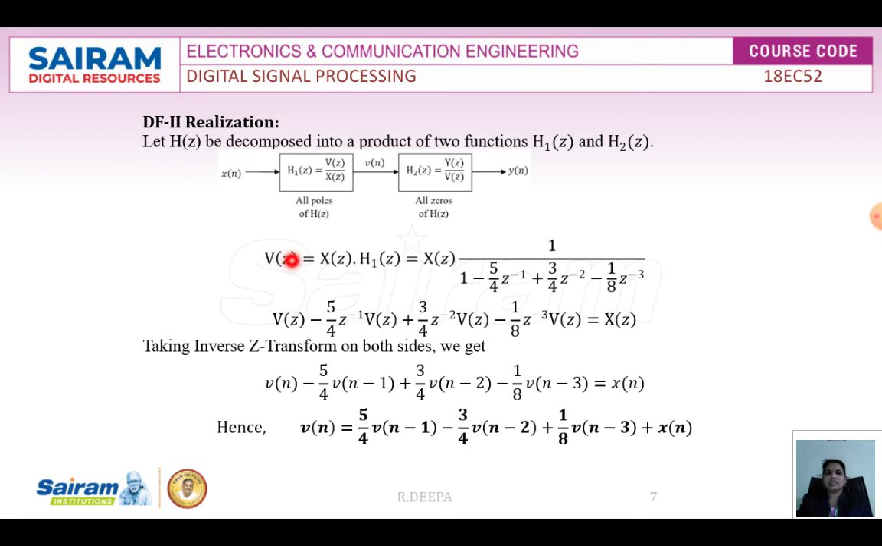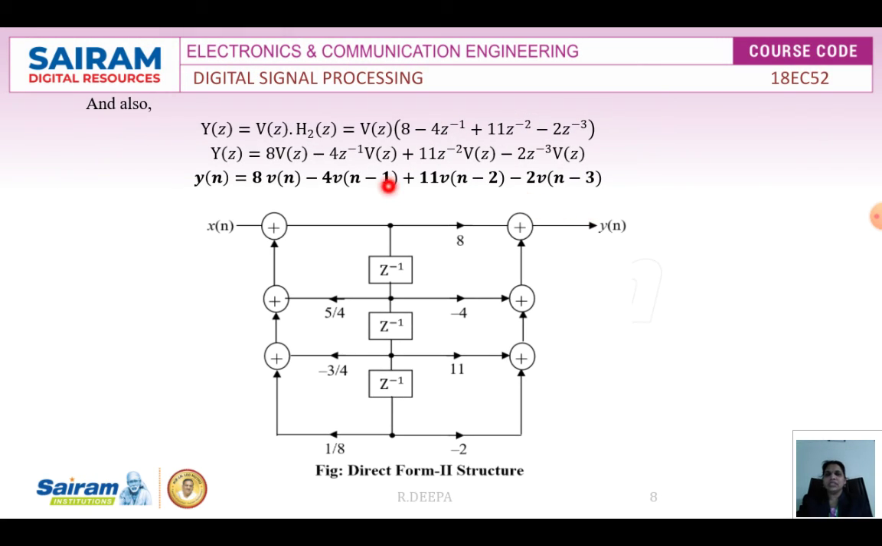So you can write v of z is equal to x of z into h1 as per this block. Then just cross multiply it and take inverse z transform. We'll be getting the output v of n as 5 by 4 v of n minus 1 minus 3 by 4 v of n minus 2 plus 1 by 8 v of n minus 3 plus x of n. Then name it as equation 1. So later we'll concentrate on h2 of z, which is nothing but the output y of z divided by the input v of z. So again there also we are going to solve